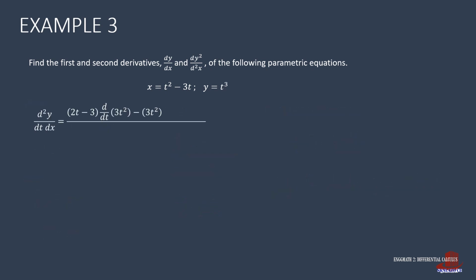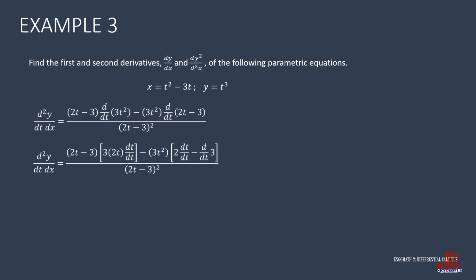Having this long equation, we differentiate to have the quantity of 2t minus 3 times 2t with dt all over dt minus 3t squared times 2 dt all over dt minus the derivative of 3. Take dt all over dt as 1, and the derivative of 3 is 0,